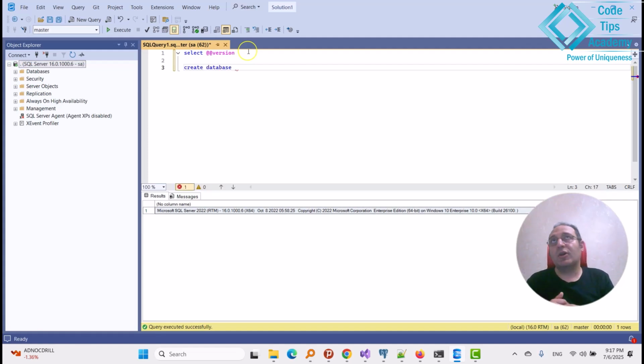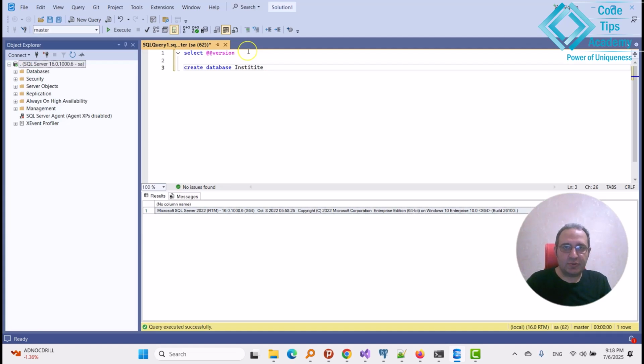For example, suppose you want to create a database to contain all the data of an academic institute, or an institute for training practical courses and programming courses to the students. We can create this database with a command or by using the graphical user interface of this tool. At the first step, I want to create a database by command. Now I use this command, create database. For example,